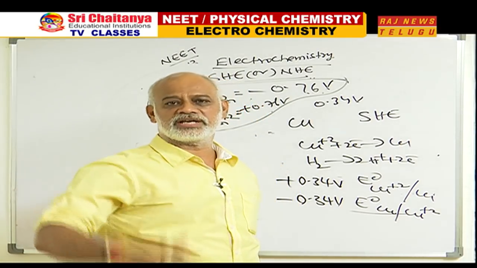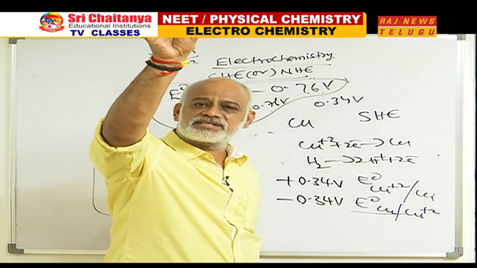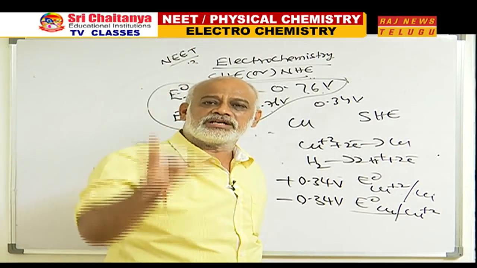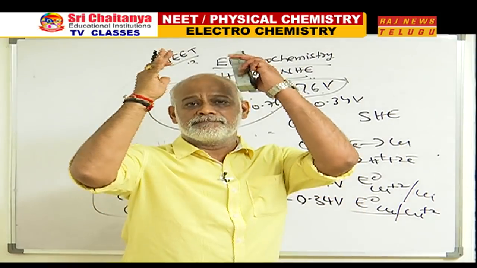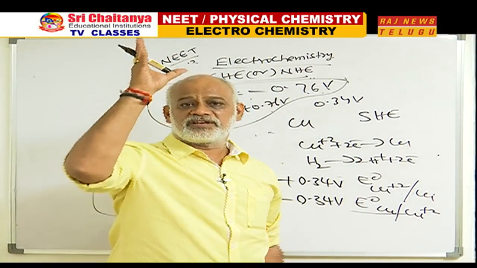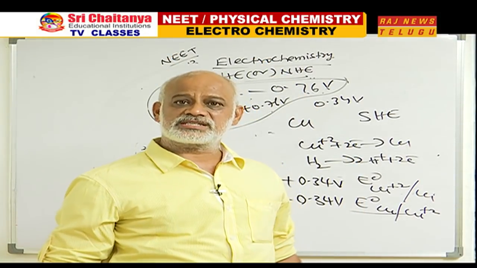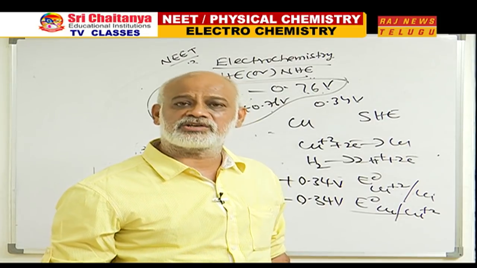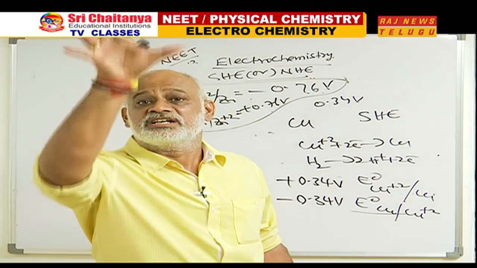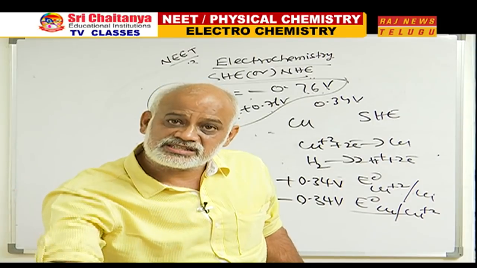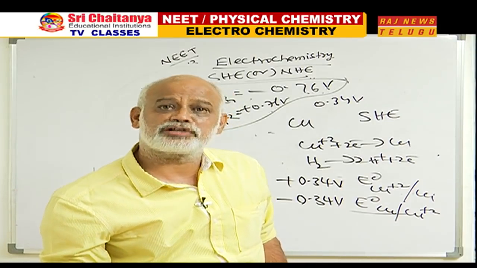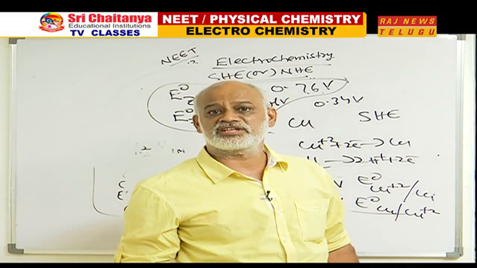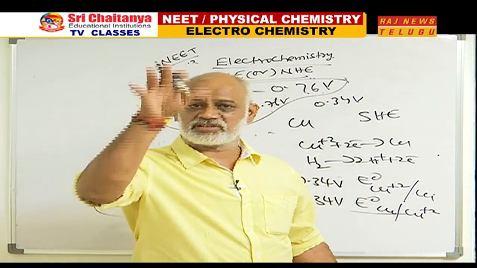Whereas in the new NCERT books, highest SRP is given at the top, least SRP at the bottom. Make it a point, we are talking about SRPs. It doesn't mean that they don't undergo oxidation. These are the tendencies of various electrodes to undergo reduction. Based on their tendencies of undergoing reduction, we wrote.